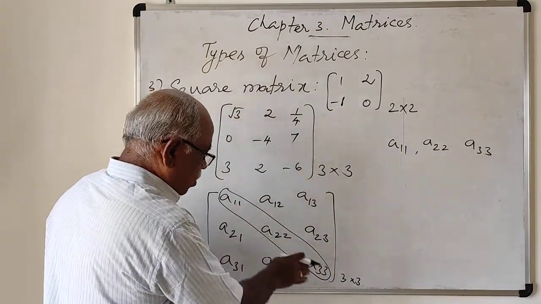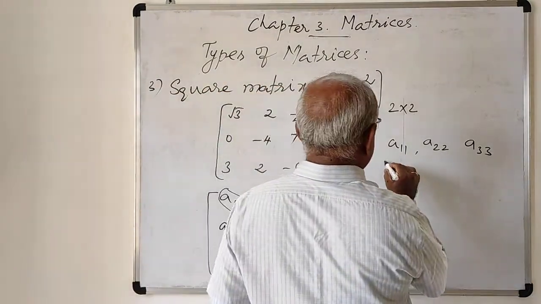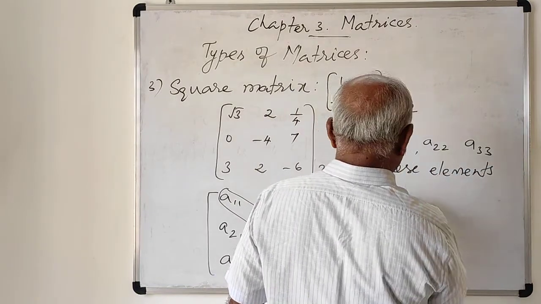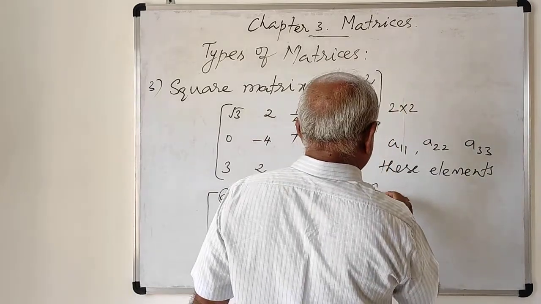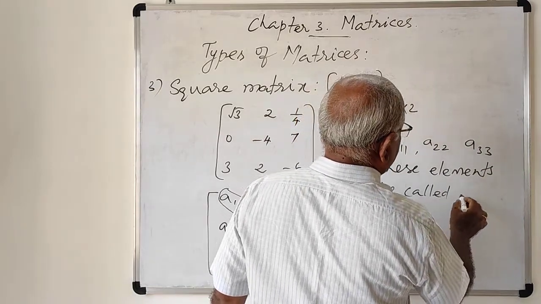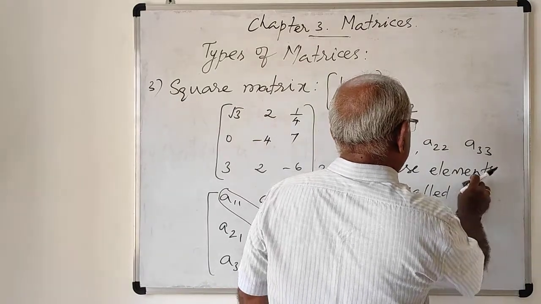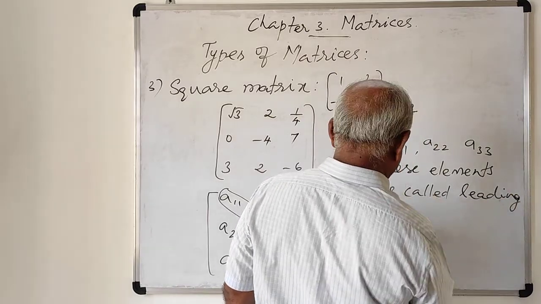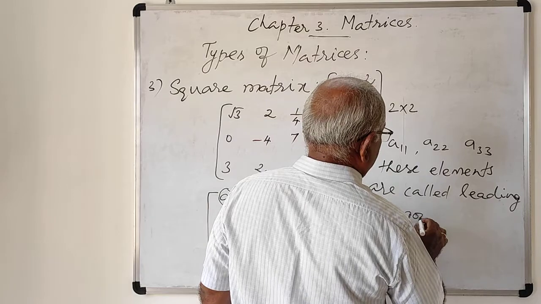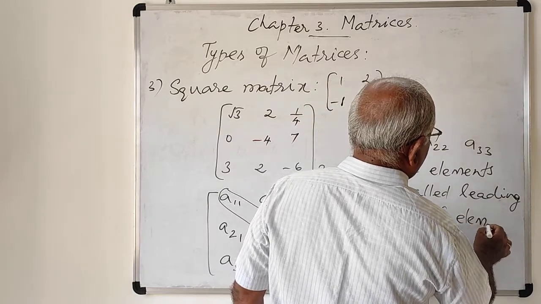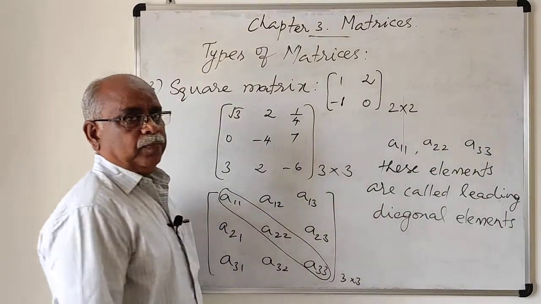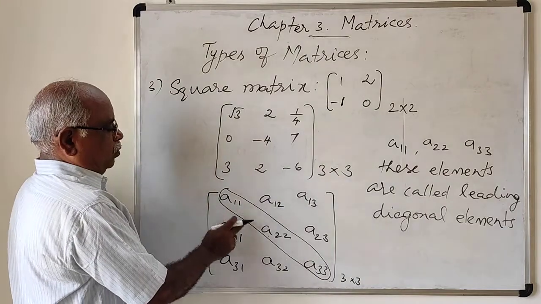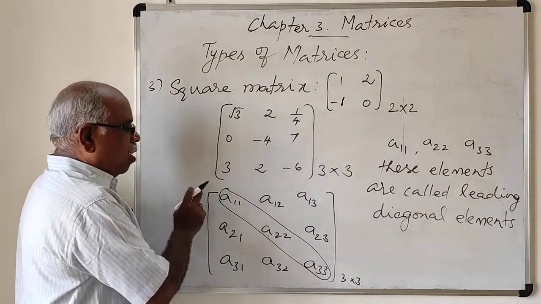These diagonal elements are called leading diagonal elements, or simply this is called a leading diagonal. A11, A22, A33 is called a leading diagonal